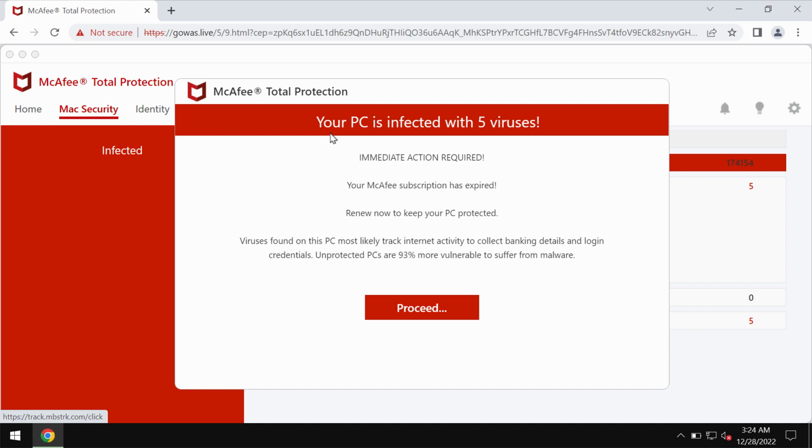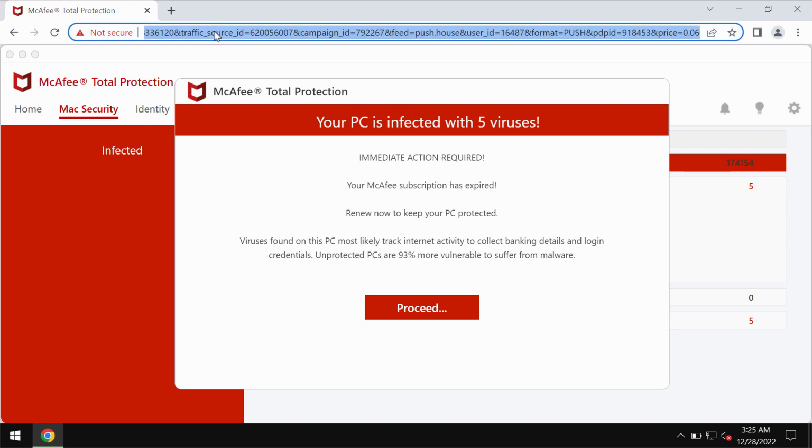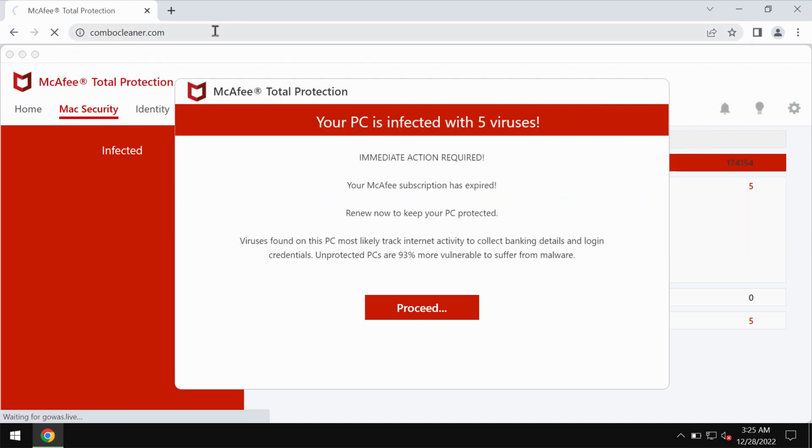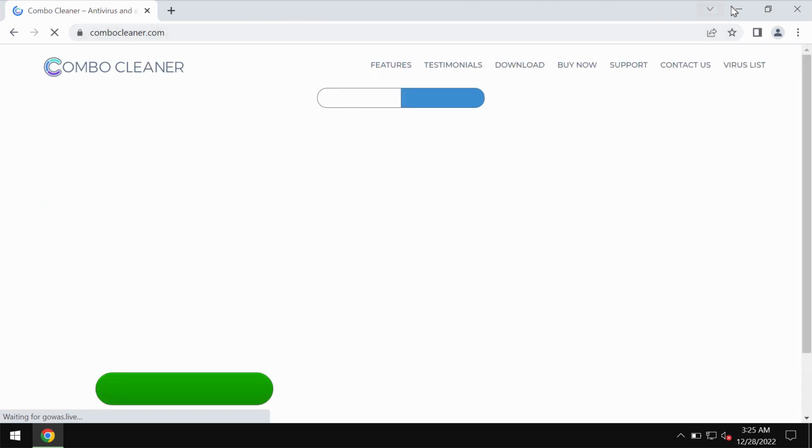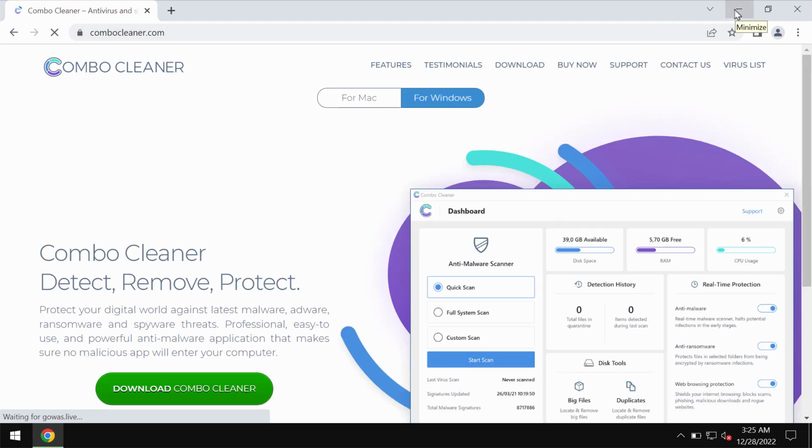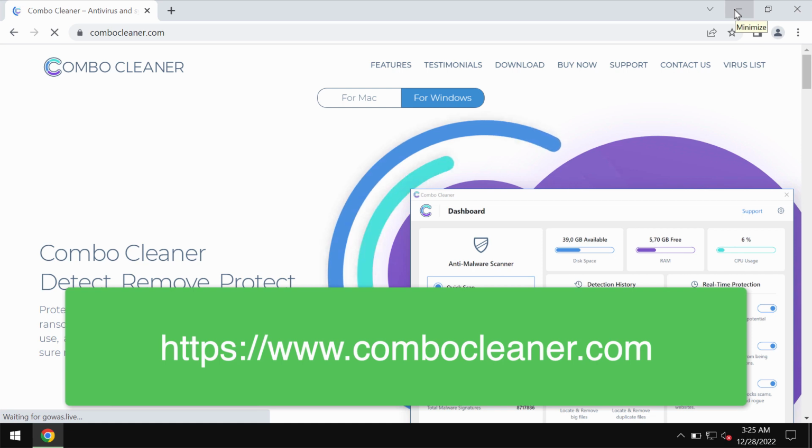If you see these pop-ups by Gowas.live, do not interact with them. Do not trust any deceptive information that might be displayed through these pop-ups. Such pop-ups are totally fake and you should not trust them. Just leave this page. I also recommend that you scan your computer with the help of reliable security software such